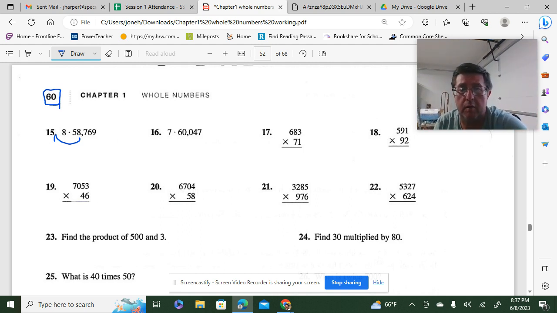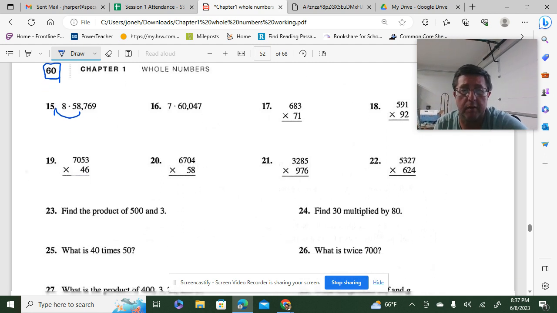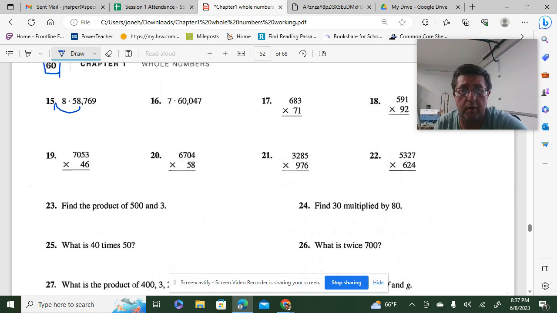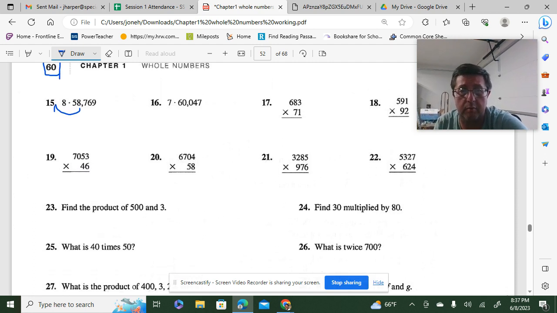Okay. So over here we go 7.60,047. Just do multiplication. Right here we have the x. And that's probably because of how they're written. But again, guys, use your calculators. You can figure them all out by hand. I've shown you how to do that. I can show you it again. But